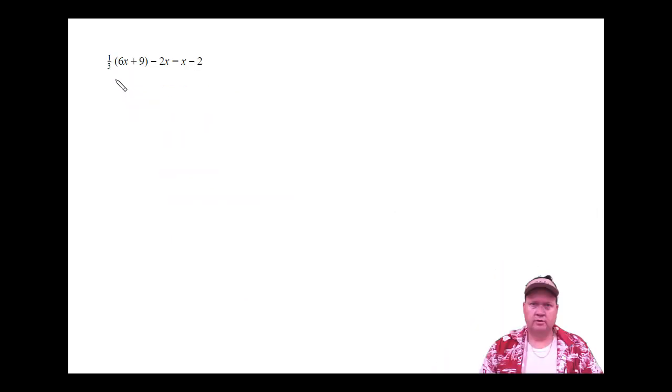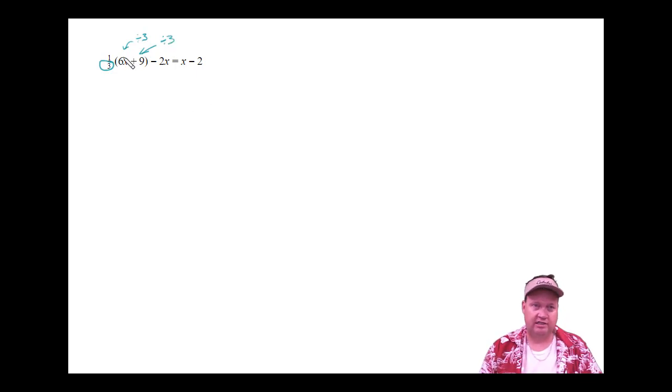I think I'll let you work on this problem on your own, but we can try and talk ourselves through it. Remember, the last problem had a 2 in the denominator. This one has a 3. When you see something down there, that means we're going to be dividing. So you're going to take the two terms in here, and you're going to divide them by 3. So that 6 is going to be divided by 3, and the 9 is going to get divided by